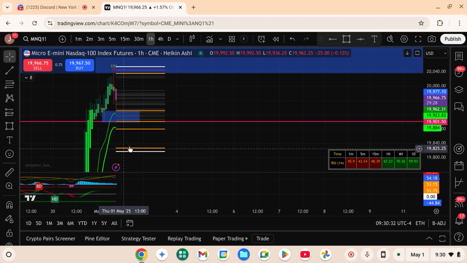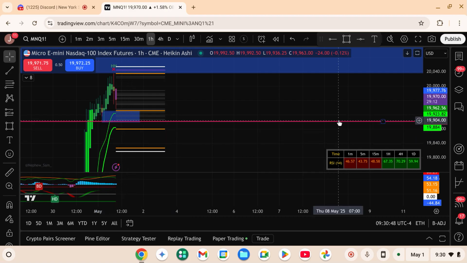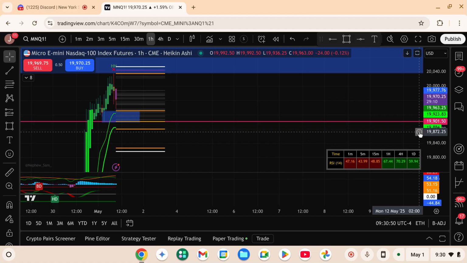I think I'm gonna let's draw a line at this VWAP here on the 1 hour. What level is that? 19,884. Let's draw that. And then we'll go to the 5 minute, see how that looks. It'll probably be lined up with